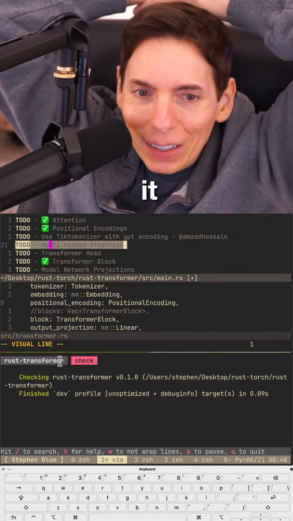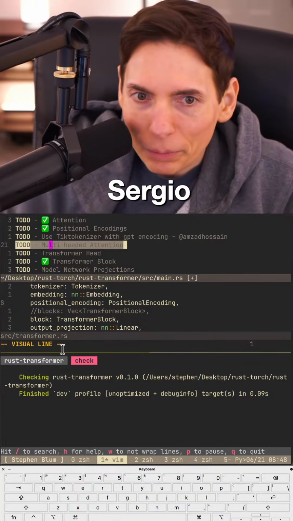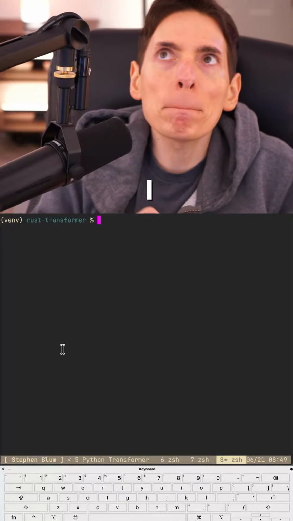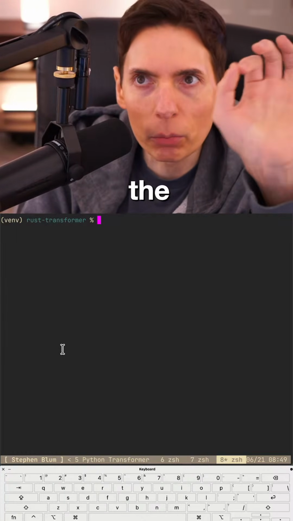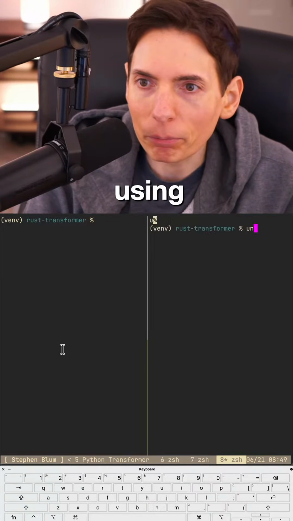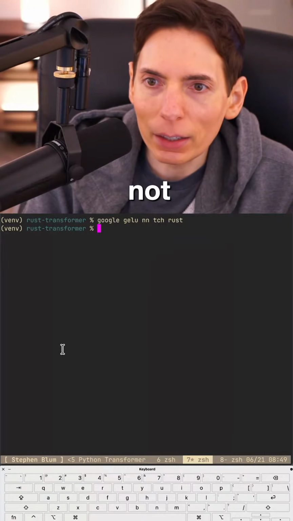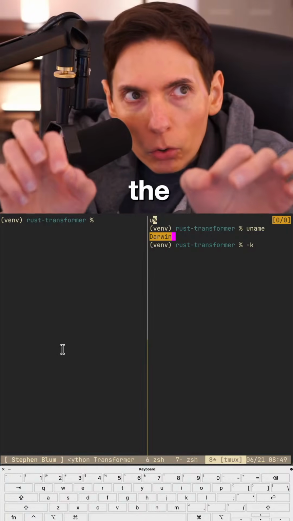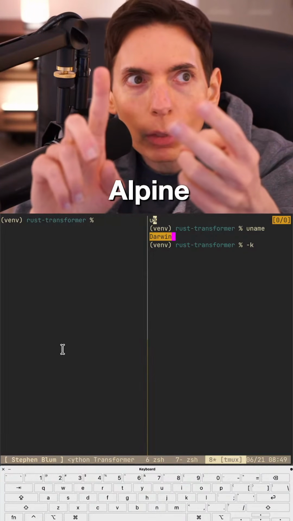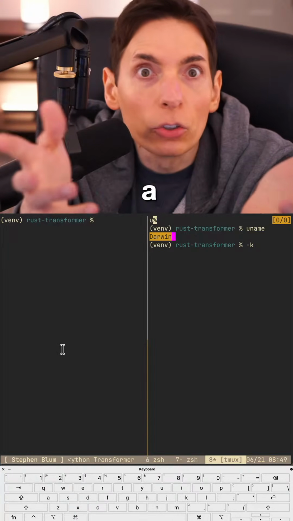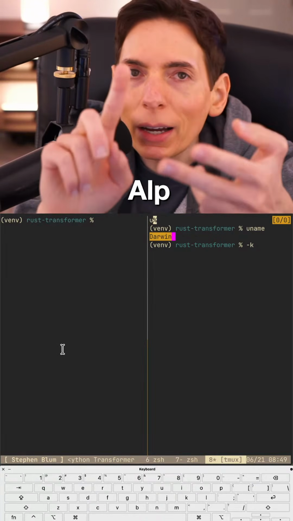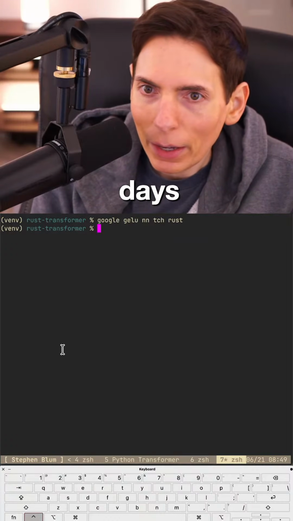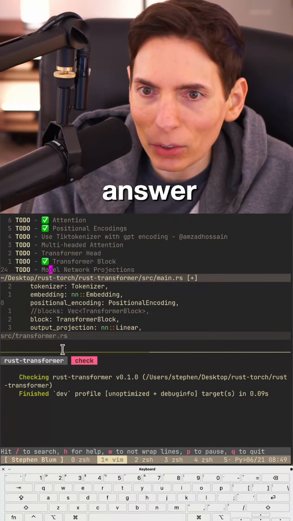We got the Rust. Yeah, you got it, Sergio. Which Linux distro do you use the most? Me, myself, well, probably, what do I use the most on Linux? Right now, of course, I'm using Darwin here, which is not a Linux distro. It's Mac, right? The distro I use the most, though, would probably be Alpine, because in a Docker container, right? Alpine, Debian. Those are the ones. Easy answer.